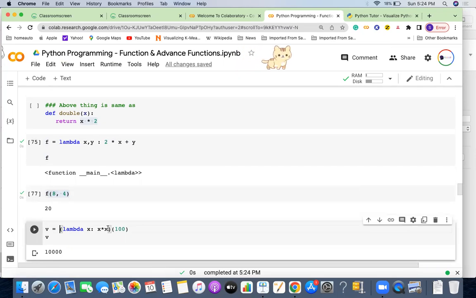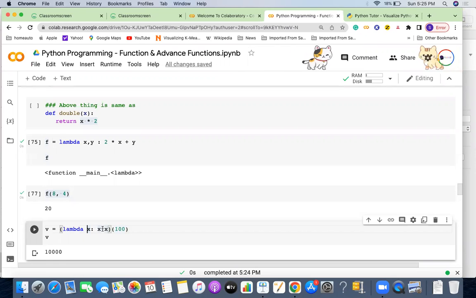So this is a function, and this is a parameter I'm passing to this function. This is within the bracket. You see, within the bracket, this is a value. If it's asking for one value, I'm passing one value. If it's asking for 2 values, I should be passing 2 values. So then what happens is, this 100 will be passed here, 100 will be assigned to this x, and now